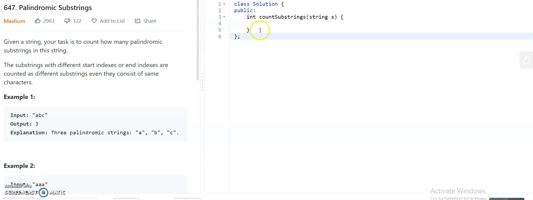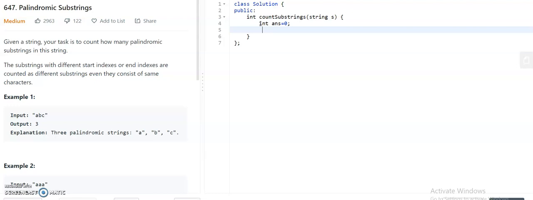Hello, let us find this question in LeetCode. Here what they ask to find is the number of substrings of a given string that are palindromes. So let us find this with the naive approach first, and we will see what is the drawback of the naive approach, and we will move to the efficient approach.